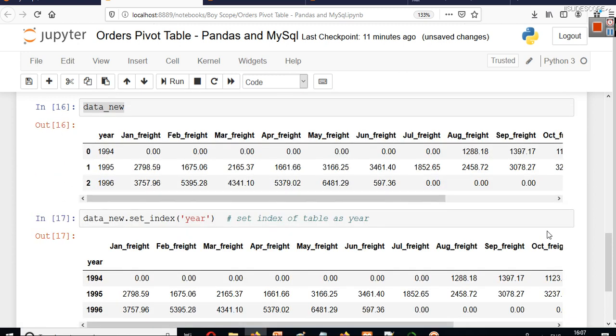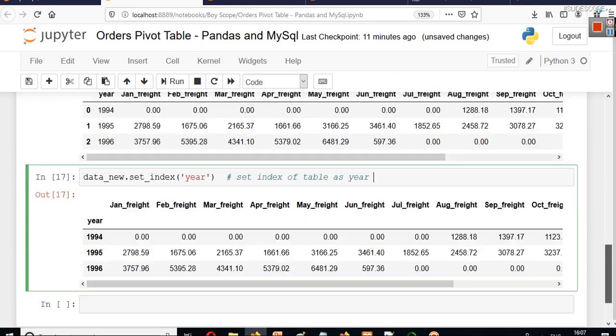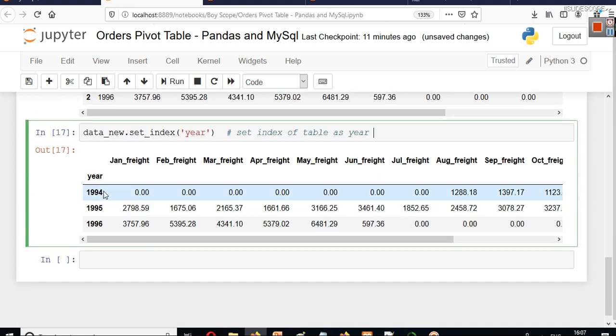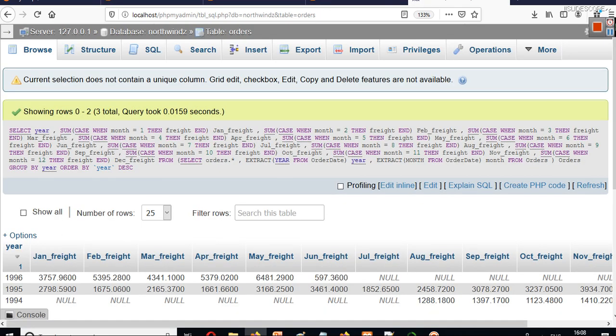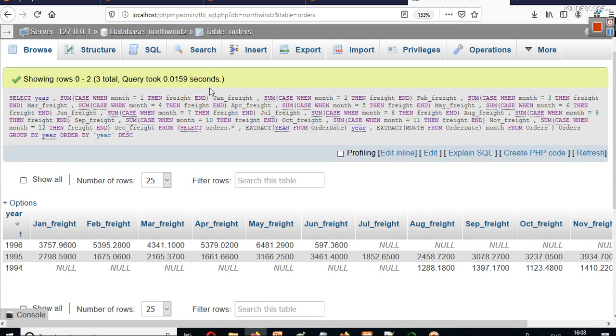When you execute this, you have to either press shift plus enter, or press run here. And when you do this, you will see we have year here, and January, February, March, April, May, everything. Again, if you are just concerned with MySQL, if you don't want to go with SQL and the analysis part of Python pandas, it's up to you.